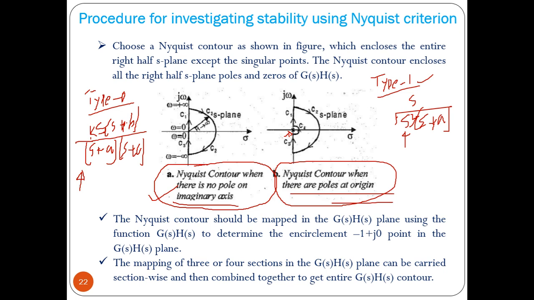Then we have to take a diversion here. So from 0 plus to infinity plus we have to go, then plus infinity to minus infinity to 0 minus, and from 0 minus to 0 plus by bypassing this pole location. If we encounter the pole here, your transfer function becomes infinity. That is the problem. So that's why here we will get these 4 sections C1, C2, C3, C4. Without a pole at the origin, we will get 3 sections C1, C2, C3. C1, C2, C3 we have already seen. C4, how to calculate, let us find out.